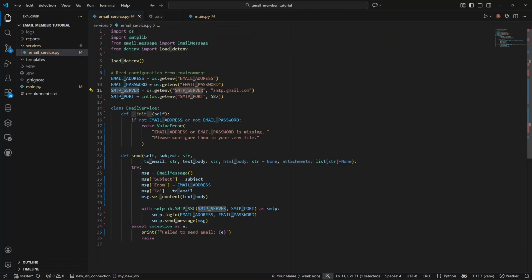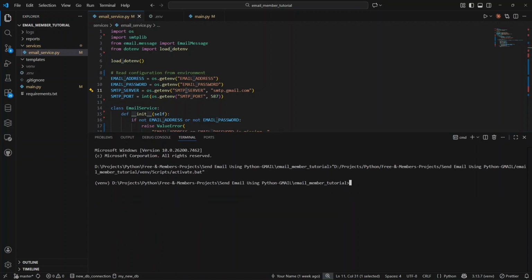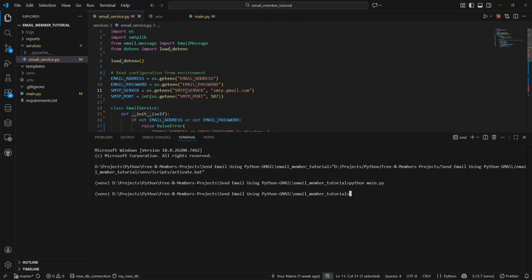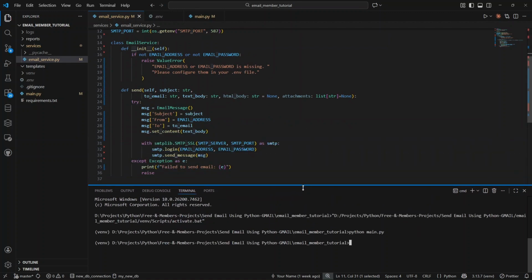Anyway, let's try to run this. So open your terminal or press Control and this tilde icon here, and your virtual environment is already there. Let's try to run this: python main.py, hit enter, and let's see what happens. It's taking some time. Okay, so now something happened, but we don't know what actually happened because we had not added logging. So this is why logging is very important, to actually see if you failed or you succeeded and so on. So let's go ahead to our email service and add some logs to see if everything is working